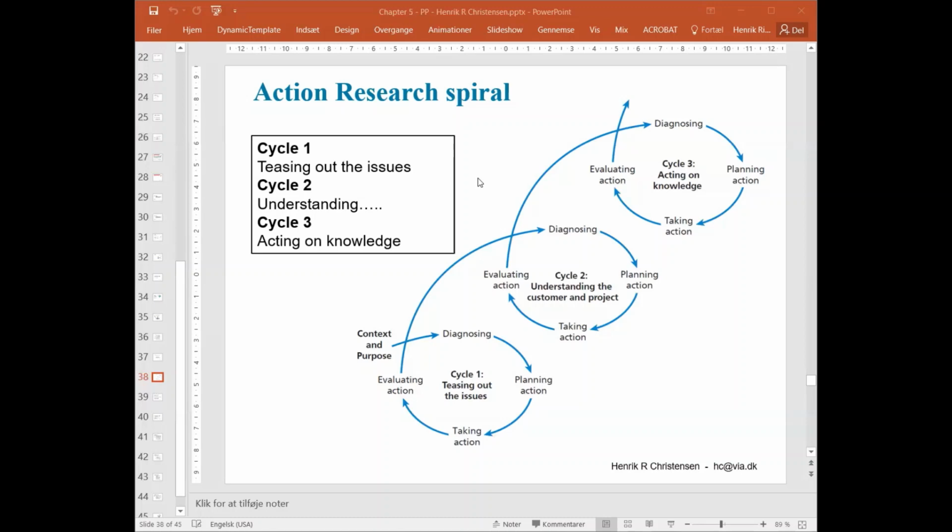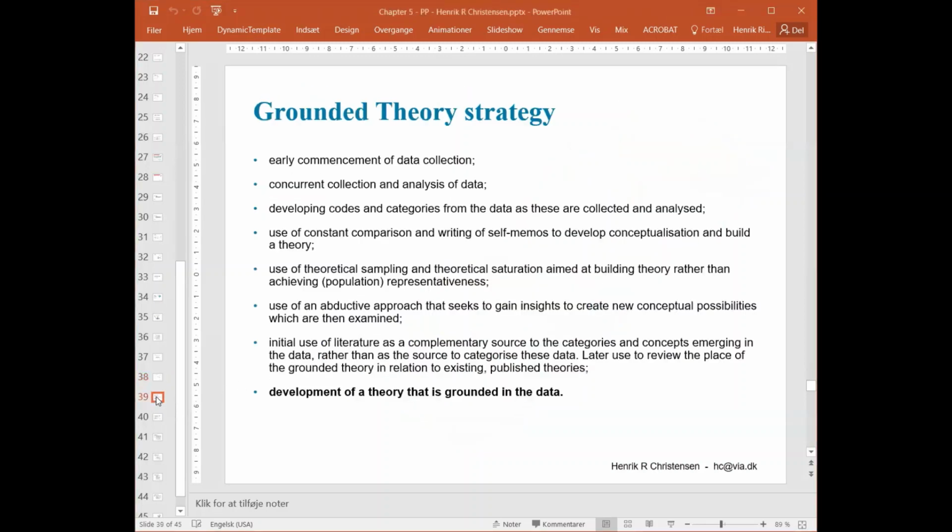So if you are going to be part of something, then you might consider whether this action research spiral could be one way to approach it, or maybe to make a report about it in your internship report. Okay. Then grounded theory,